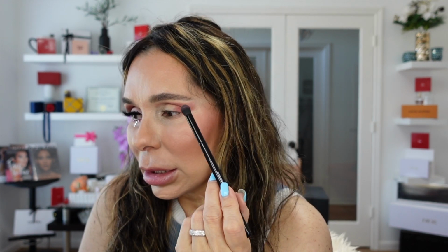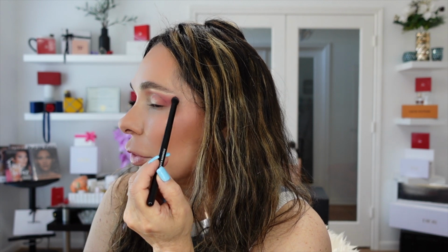Extremely pigmented, extremely saturated, as only Pat McGrath can create. I know Pat McGrath is not everybody's cup of tea. I start mapping first my eye with this shade,